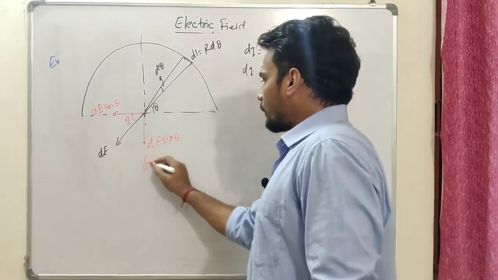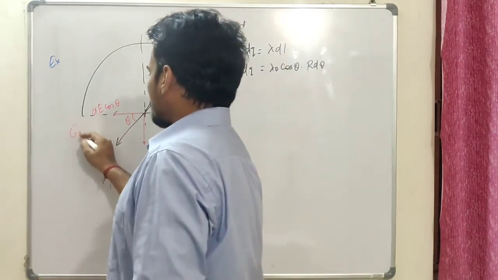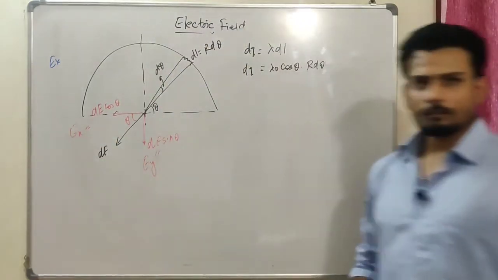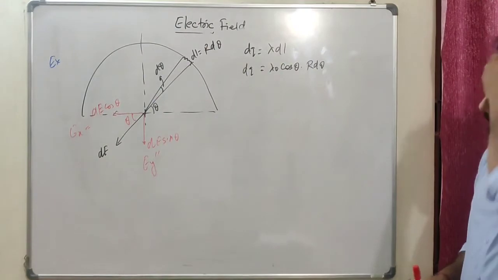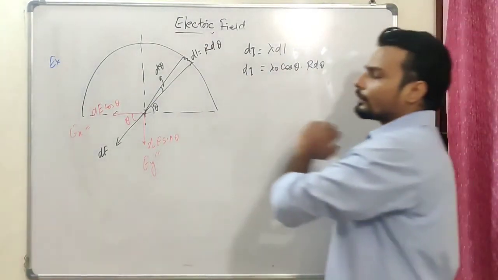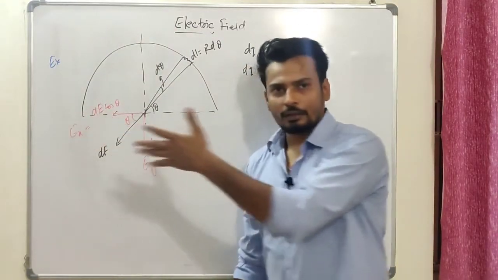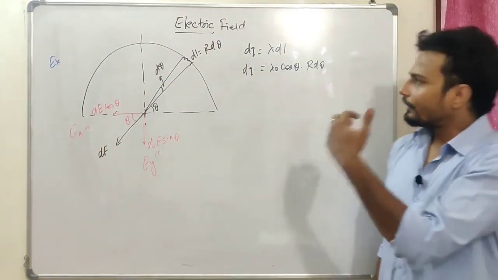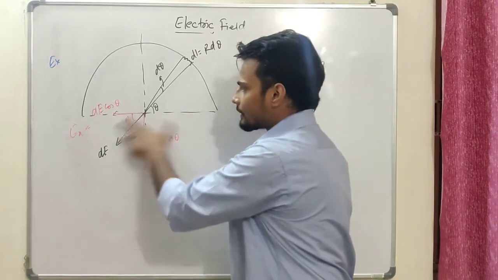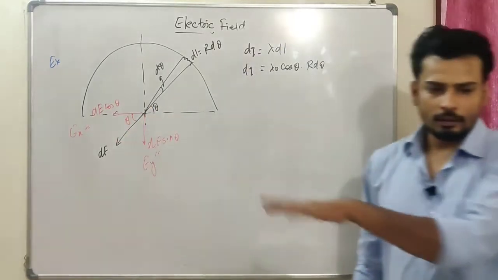Let's assume this is vertical Ey and this is Ex. I can say that, right? So I'm going to calculate both of these. Since I know there is symmetry, but the linear charge density is not uniform, the charge is not uniformly distributed, so the net electric field will not be cancelled on this side, right? Understanding the point? Well, let's check.